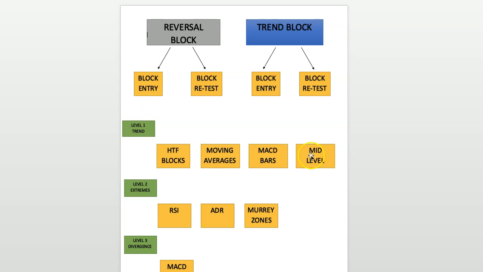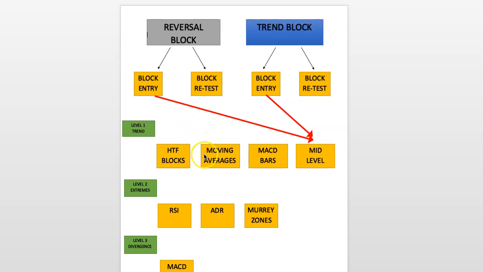Today we're going to talk about the mid-level, which we're going to use with the trend blocks or reversal blocks. So how can we use the mid-level to better our entries? This is more for scalping entries, M5 and M15. We're going to take a look at some examples, and also how we can use them